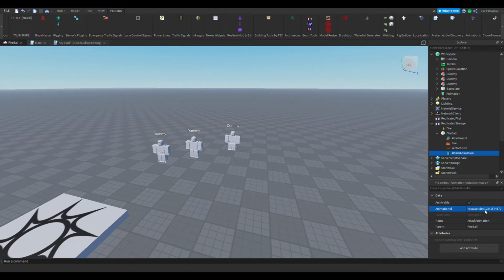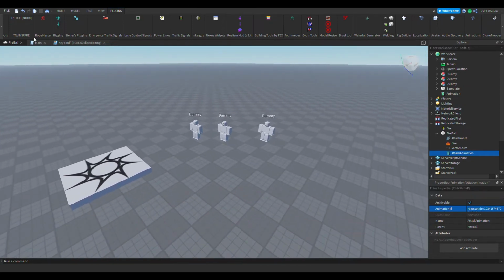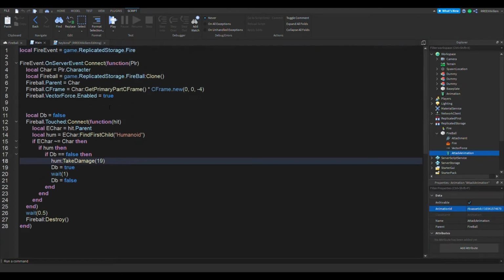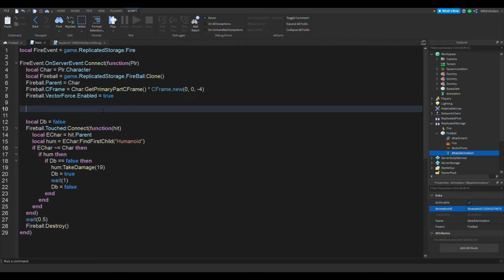Assuming that you've already gotten your animation and put the animation ID here, let's go back into the game and go to the main script. The next thing you want to do is make an animation. We'll call this ATK, which means attack for short. ATK animation is equal to char dot humanoid load animation,